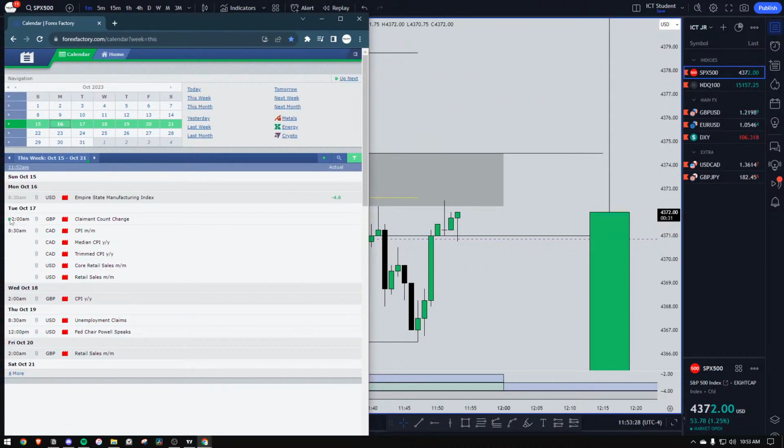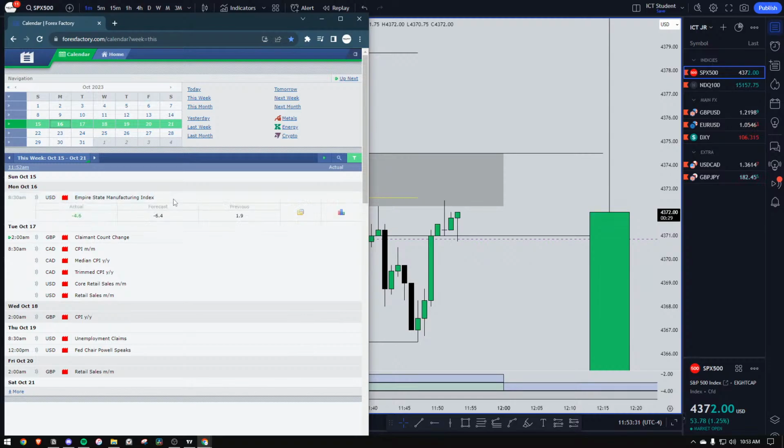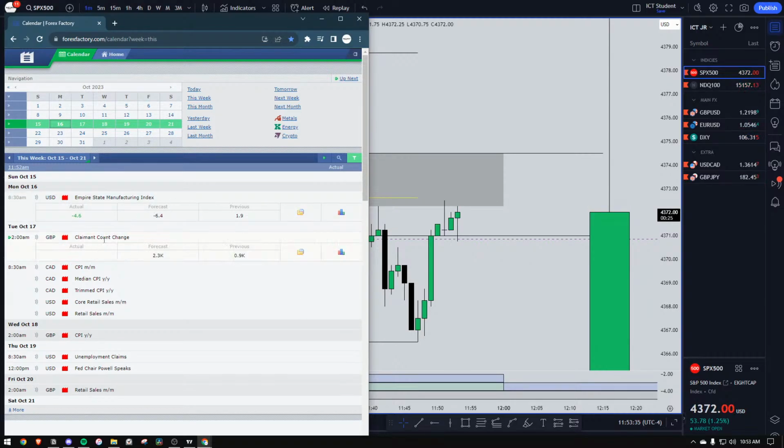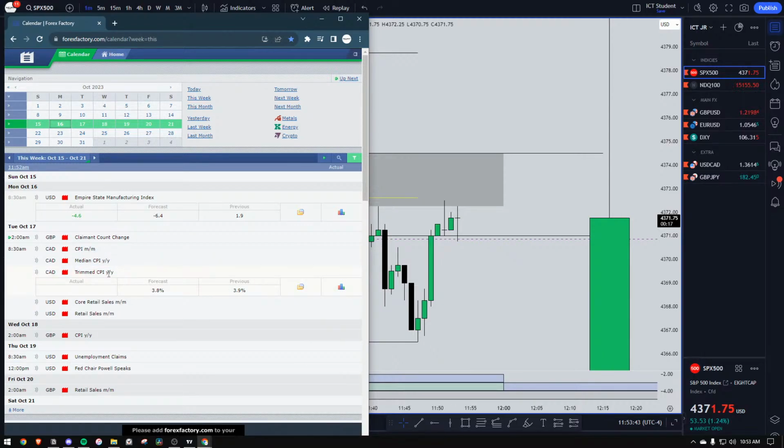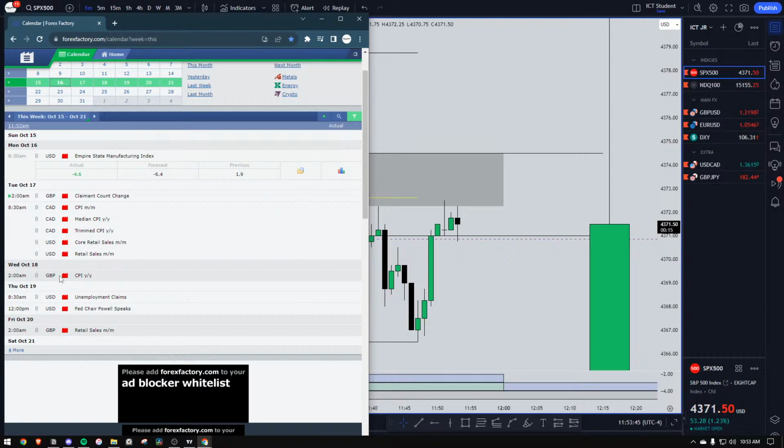Alright, so GBP. Today we had 8:30 news. And then tomorrow we have GBP. And then 8:30 again, Tuesday, retail sales for USD and CAD. And then after that we have CPI for GBP. So I'm not gonna want to be watching or taking a trade the day before for GU and GJ. And then Thursday we have unemployment claims for USD, and then 12 p.m.